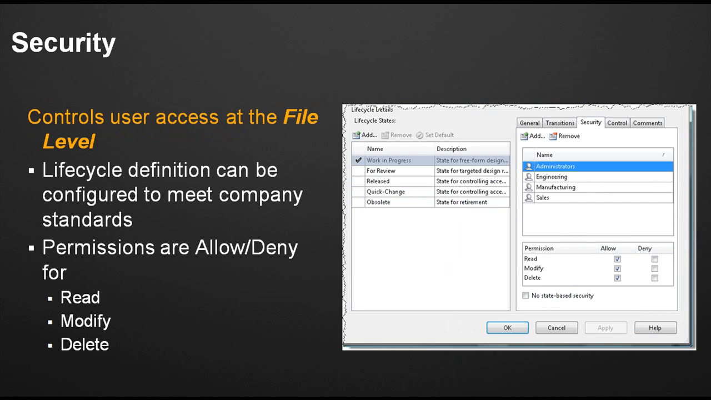First, we'll start with the word security. And simply put, this is controlling the user access at the file level. Vault Workgroup not only has folder level security, but object level security or file level security. That means depending on the particular lifecycle state, we'll have permissions that either allow or deny a read, modify, or